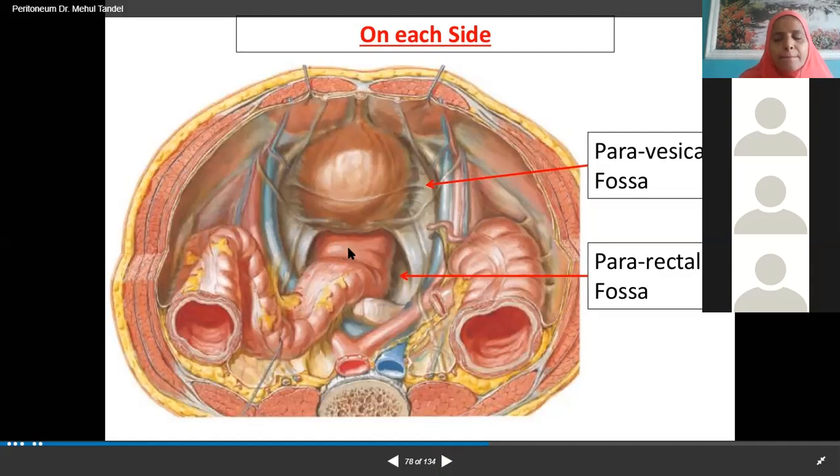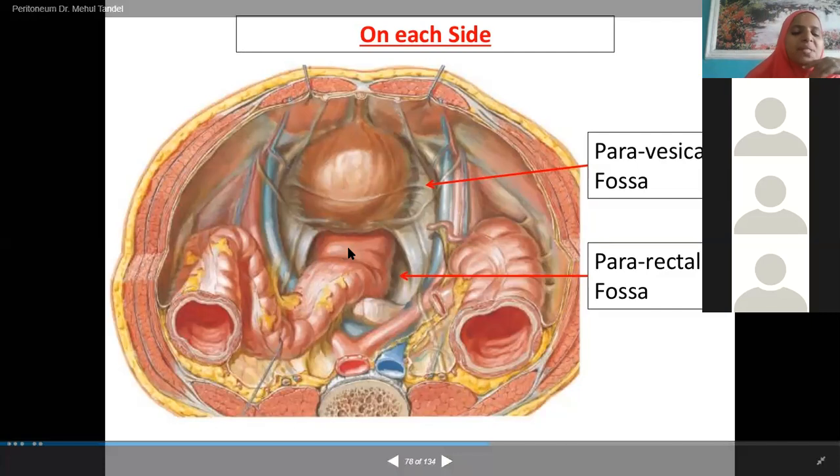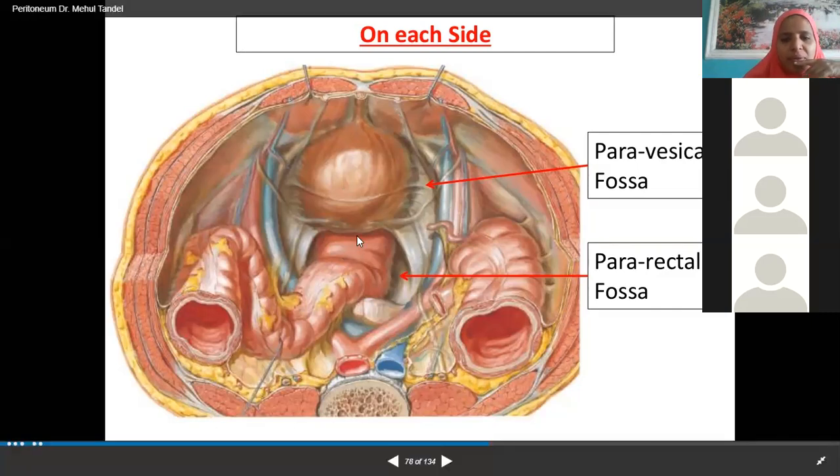Is it male pelvis or female pelvis? Female. No, Lokesh, you think for yourself. See, this is urinary bladder. Immediately behind urinary bladder, you are finding rectum, anal canal, no? Are we finding uterus in the middle? Okay. Male. It is male pelvic area.